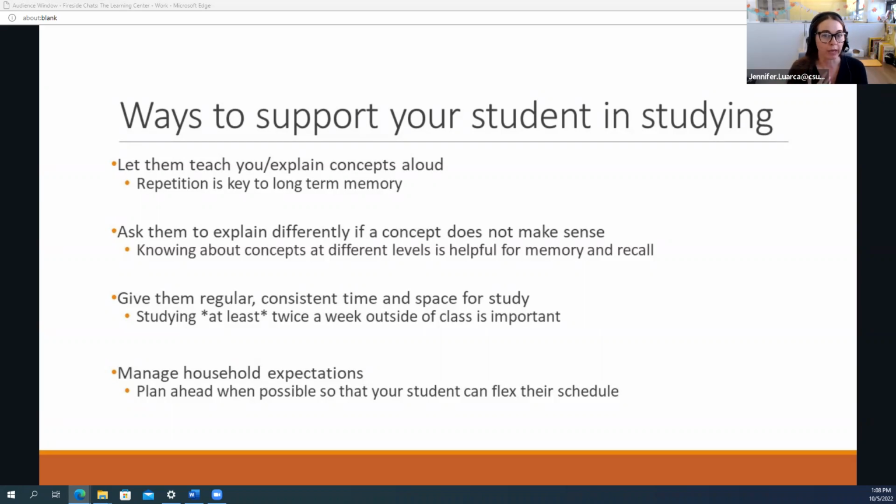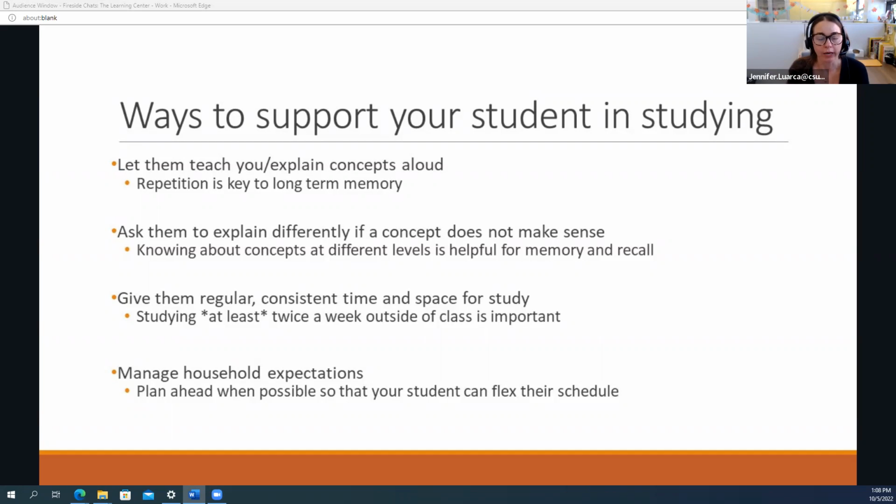So some things that you may have done in the past will still work. I know, for example, my daughter has spelling words every week. And so we practice spelling words while we take a walk with the dogs, right? That is something I also do with college students here, is if they need to study and they're feeling a little stressed, we take a walk and talk and they study and I ask them questions. So same kind of study supports will work. It's just a matter of plugging them in and showing interest in asking questions about what they're learning.